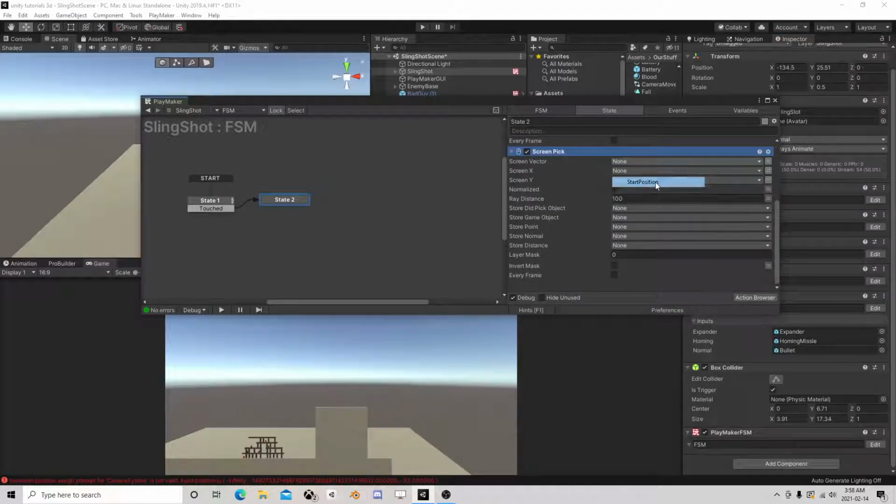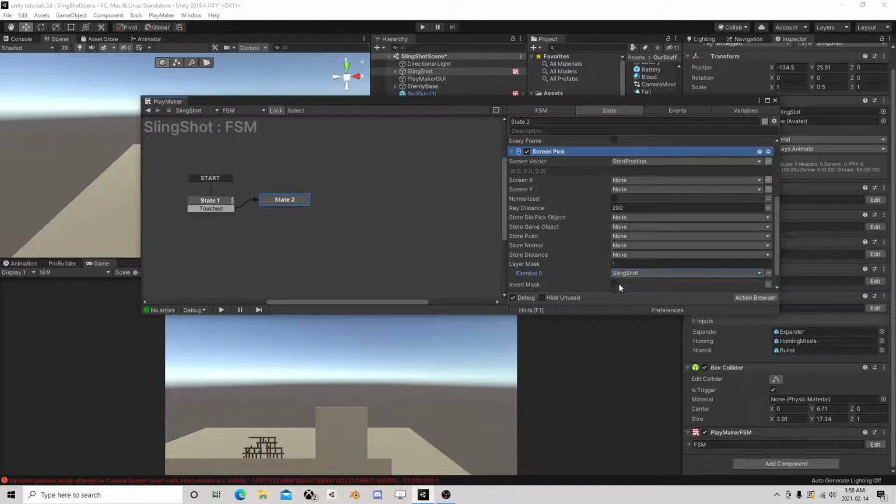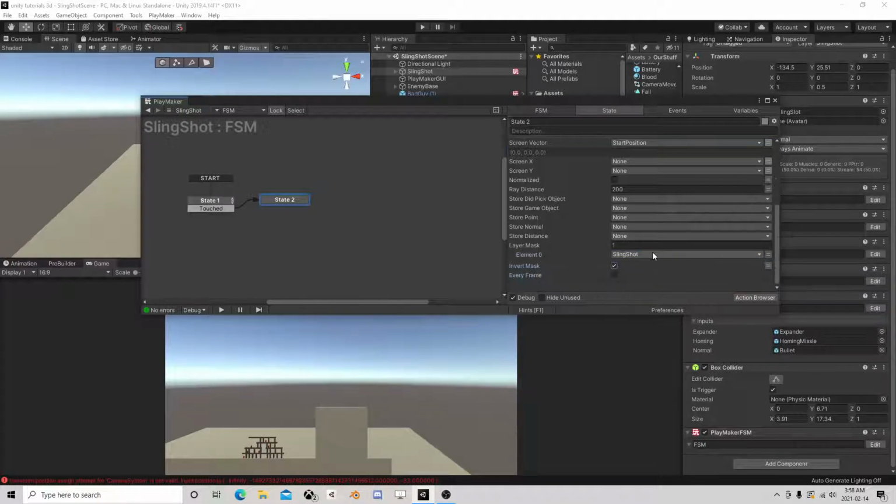So the screen vector is the start position, not normalized, 200, and this is going to have a layer mask, of course, of our slingshot, and inverted, so it only hits our slingshot,